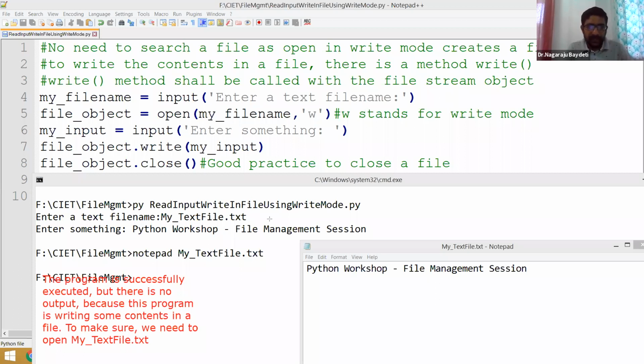So whatever we are giving, that text file has the content which is entered by us. Okay. Now, let me execute the same program one more time with the same file.